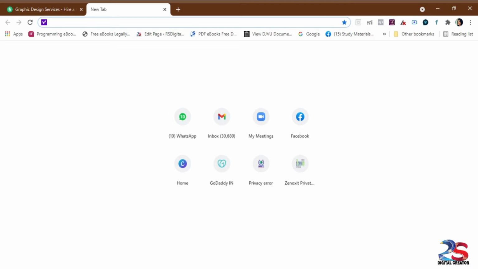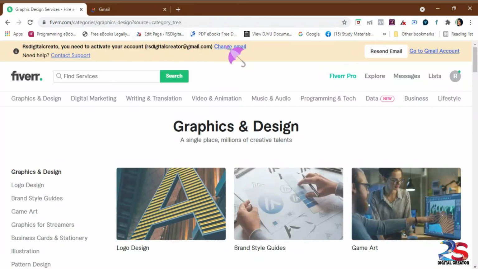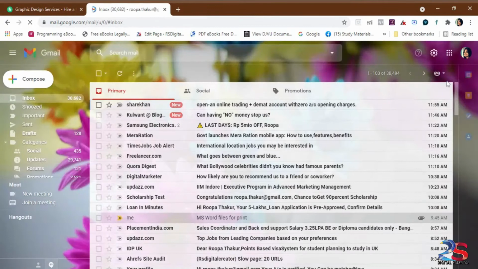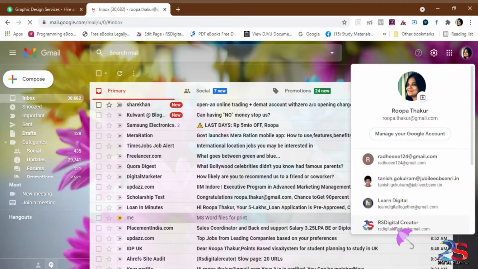So Fiverr is a website where everyone is looking for freelancers who can work with them, who can collaborate and work. So there you can work with people or companies, and you can do their work and you can earn some income for each work that you deliver to them.